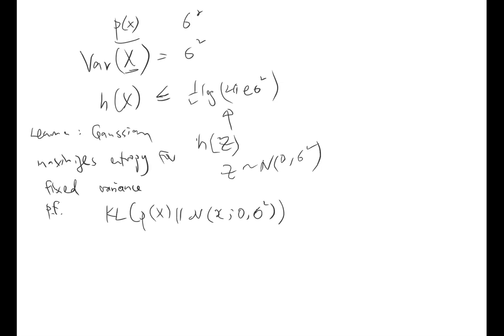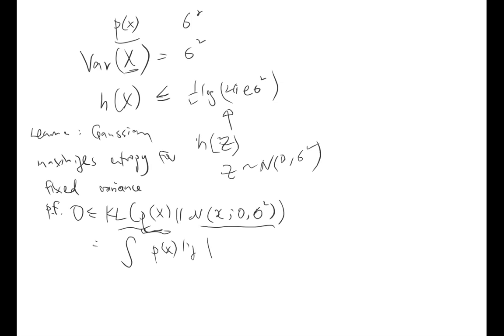So the KL divergence between this and this. Of course, I noticed the KL divergence has to be bigger than or equal to 0, right? And this is just any distribution with the variance equal to sigma square. Then for this one, the KL divergence will be equal to